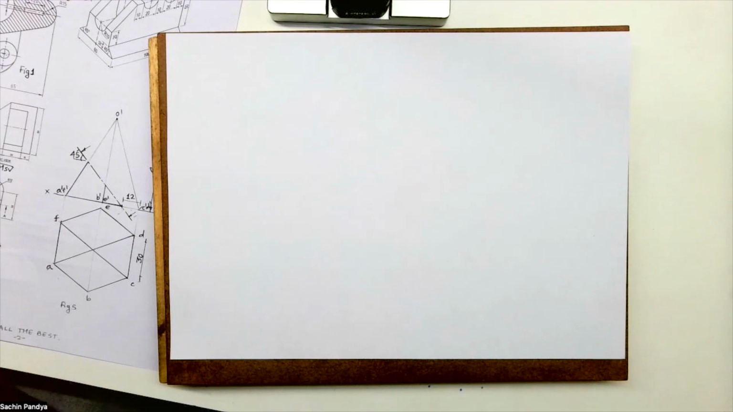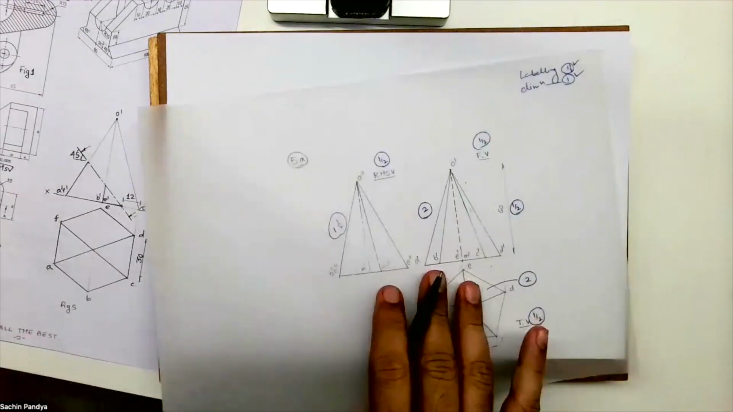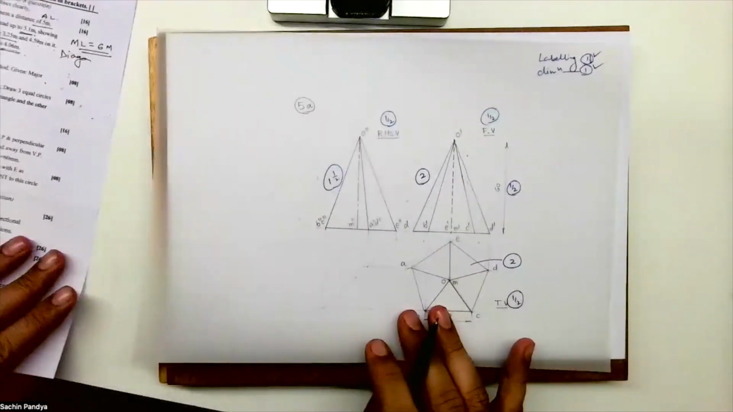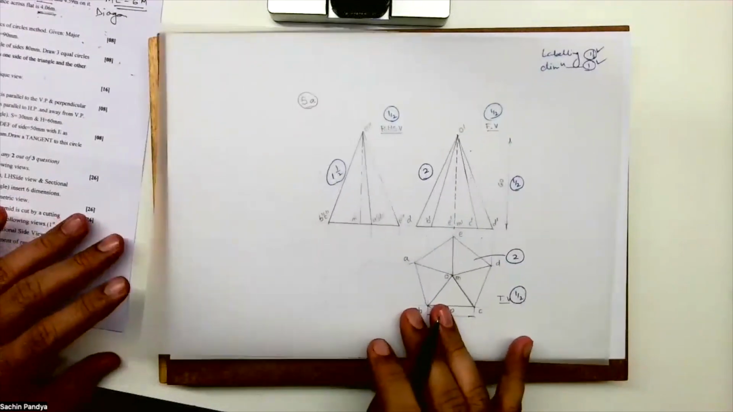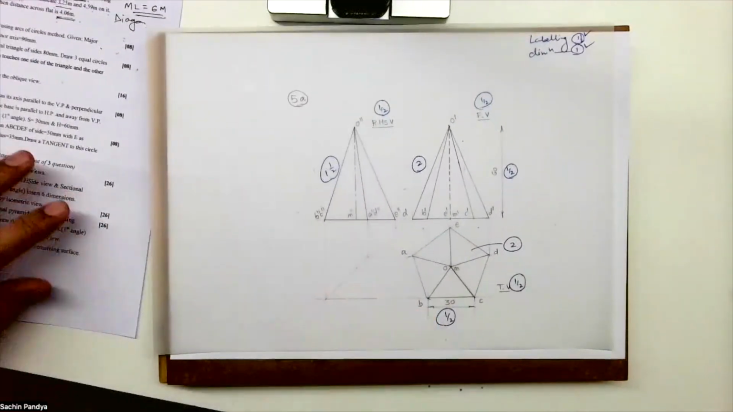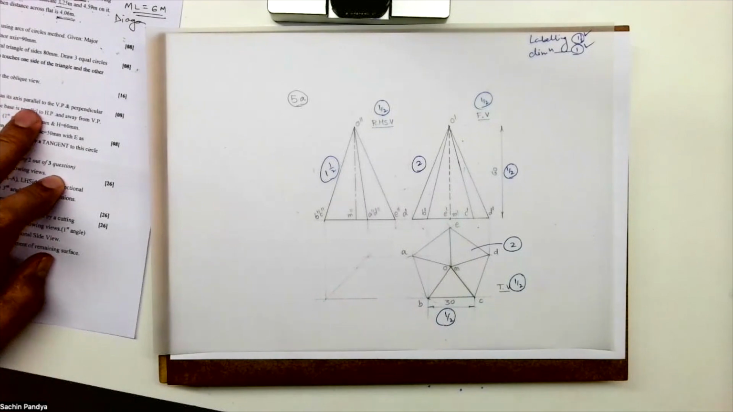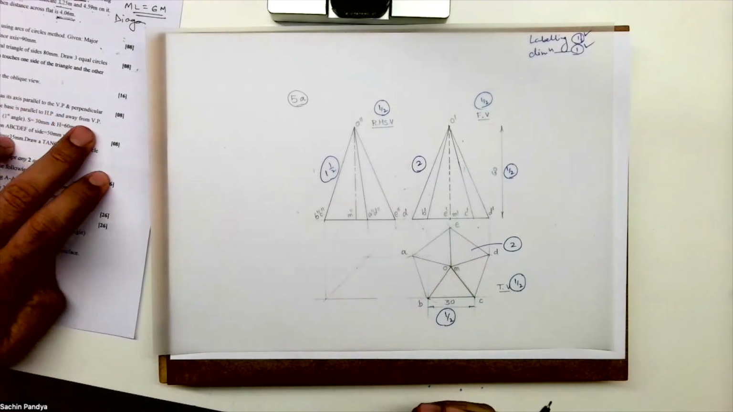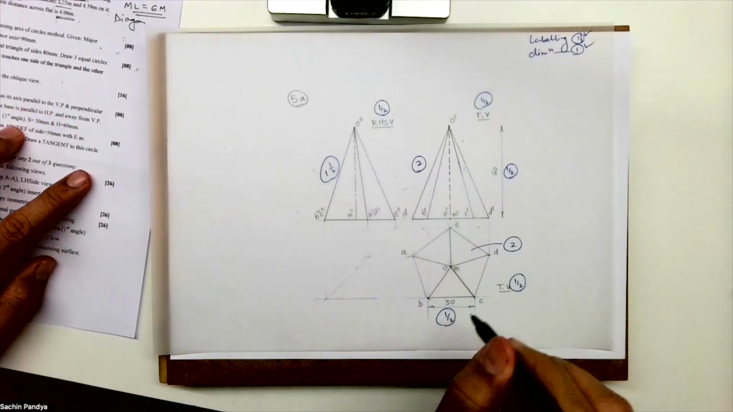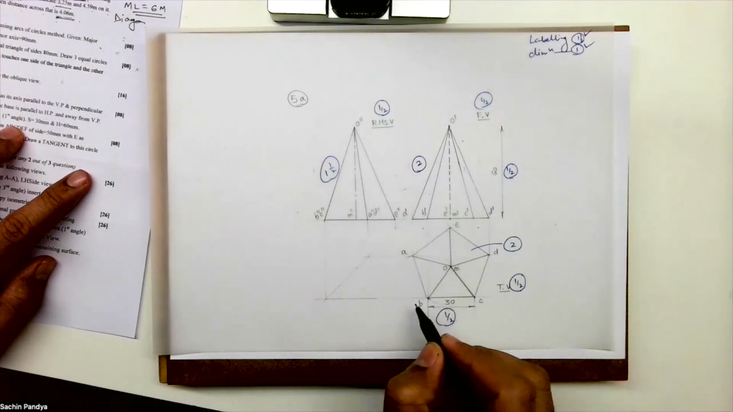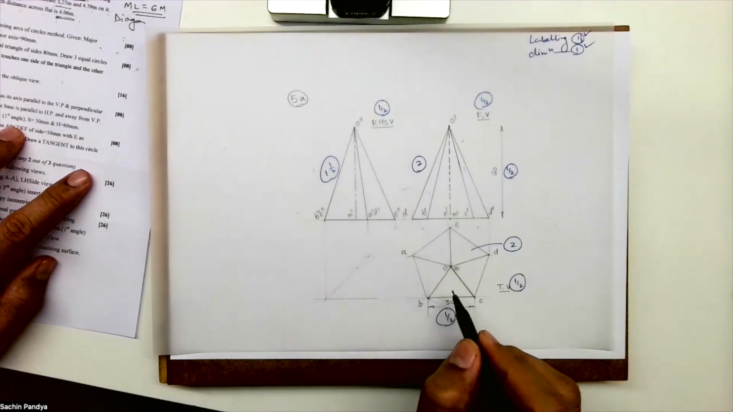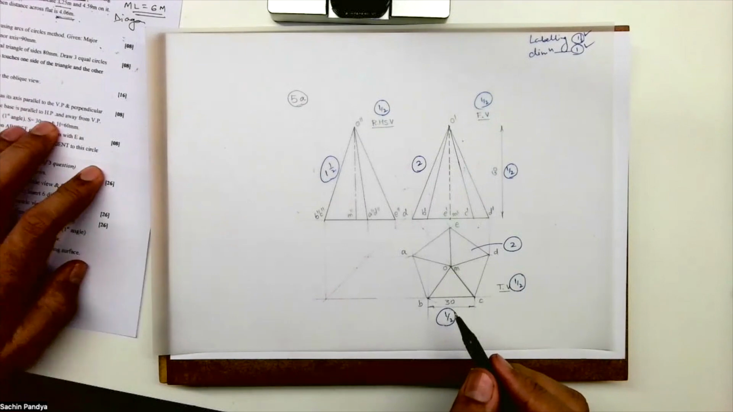Now, fifth sum. In fifth, we have 2 sums, 5A and 5B. Now, if you see what they've given, a pentagonal pyramid has its axis parallel to VP and perpendicular to HP. So whenever axis is perpendicular to HP, top view will give you true shape. So I have to draw a pentagon in top view, and one side of the base is parallel to HP